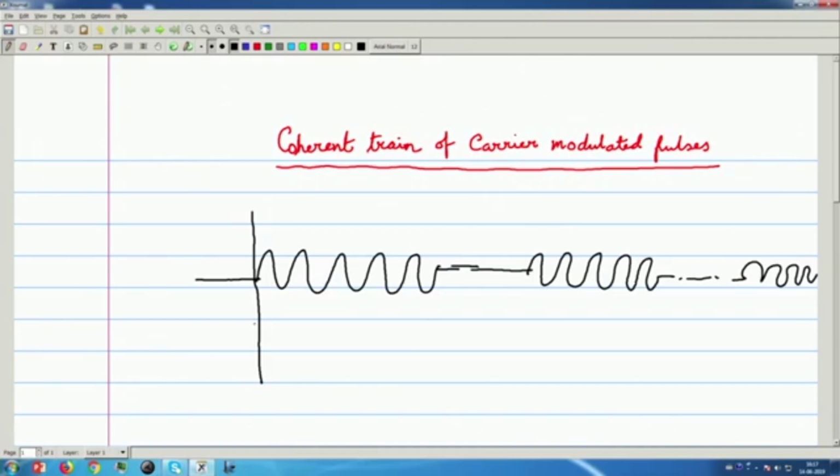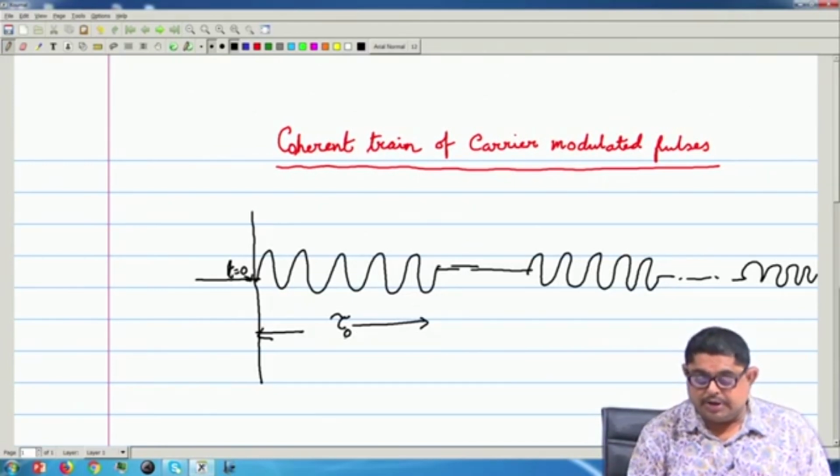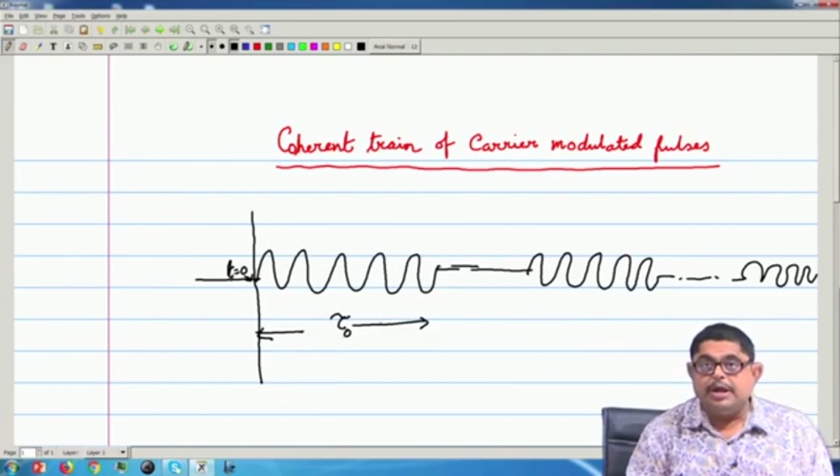We can take this as the time instant t equal to 0, and this on time we call tau naught, because the tau we generally call the delay, so to avoid confusion I am taking tau naught to be the on time of the